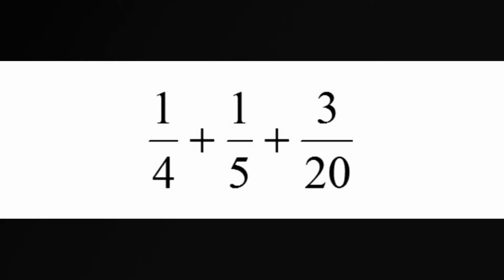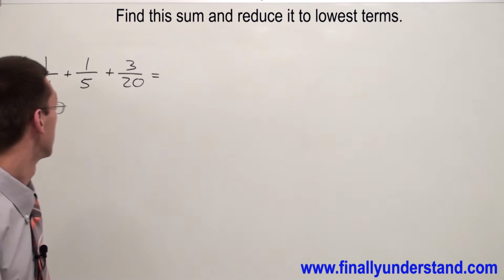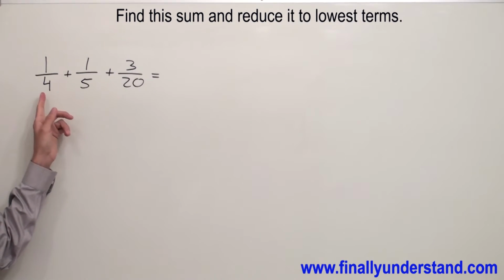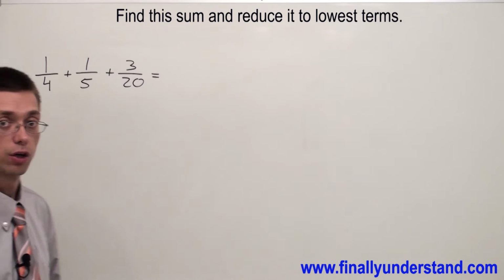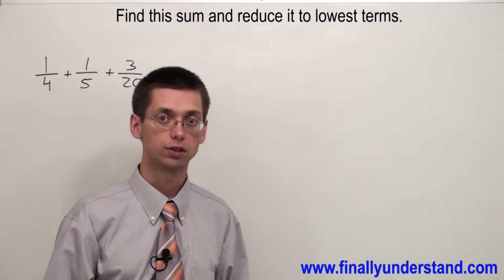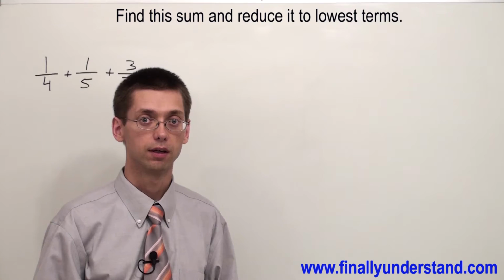Let's solve the following example. First, we have to find the common denominator. Let's take a look at the denominators which we have: 4, 5, and 20. The common denominator for all these three fractions is 20. Are you seeing that? If not,